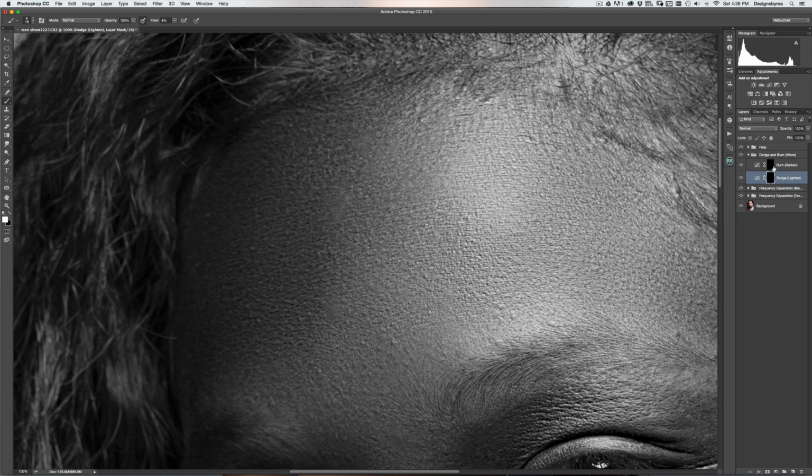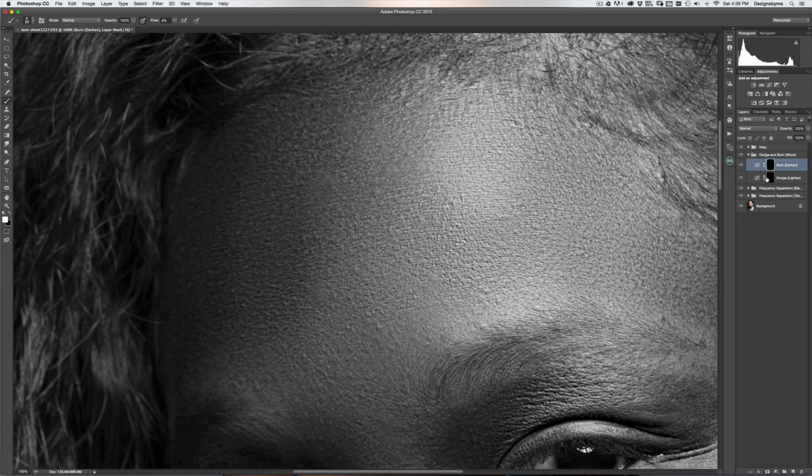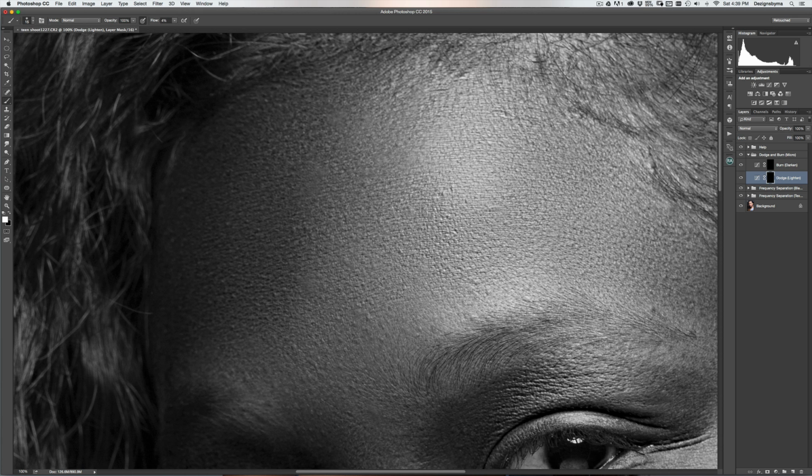Actually, I messed up though. I'm gonna burn that back down. Okay, so we're just gonna go around and we're just gonna fix these areas, and this is where